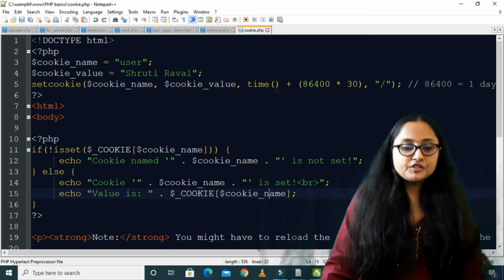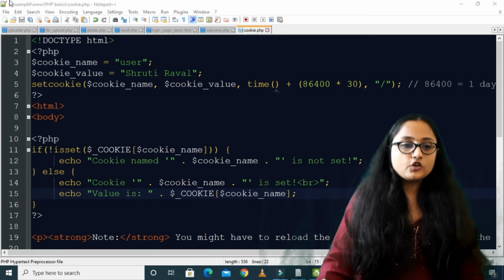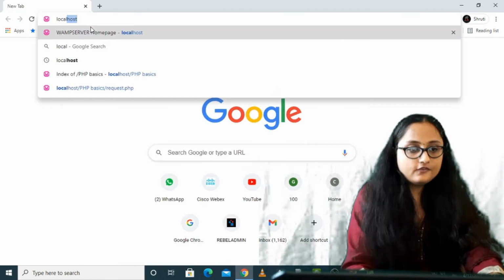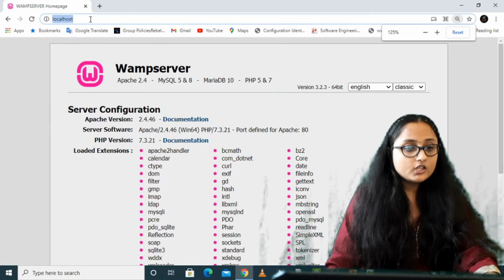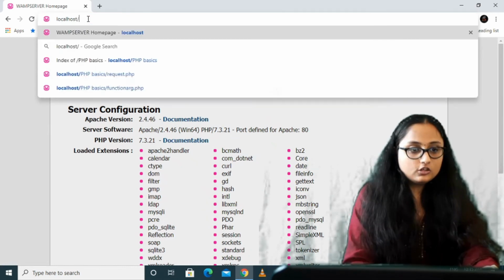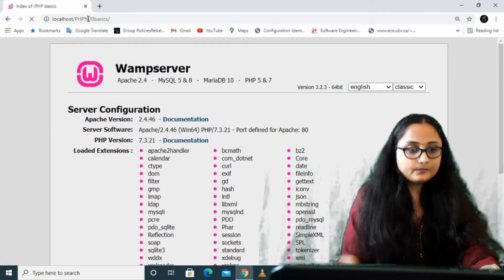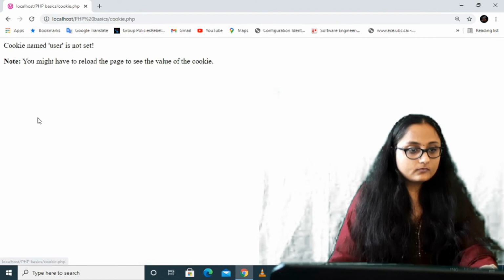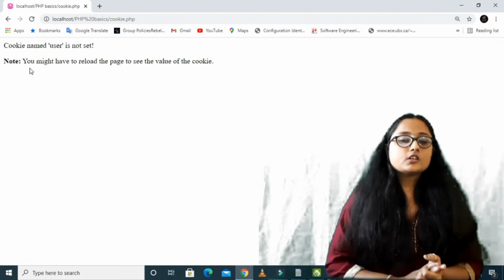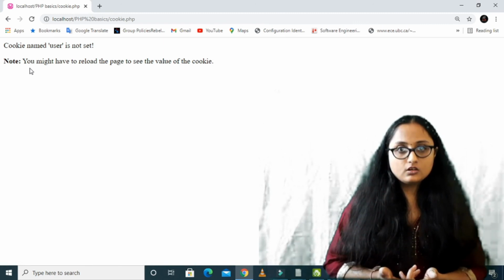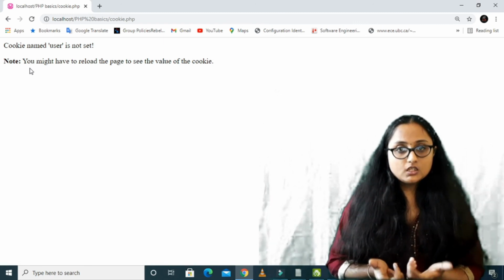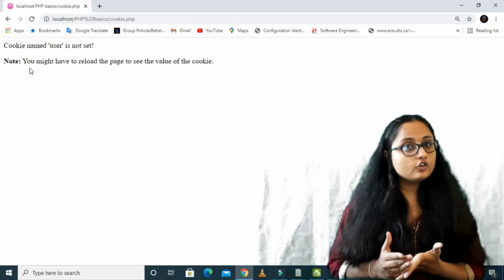Now let us run this program, and you know that for running this program you need to have XAMPP server or whatever server you have. This program I am running on localhost, and the first time when you click on your page, the cookie will not be set.